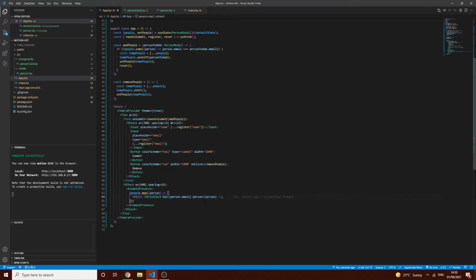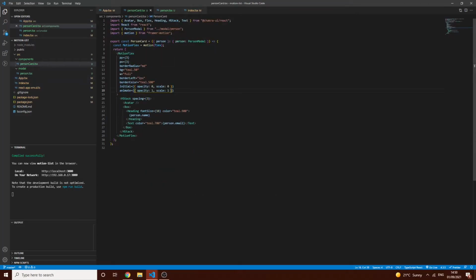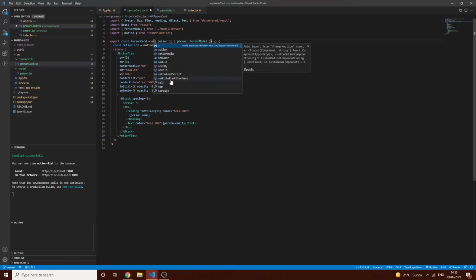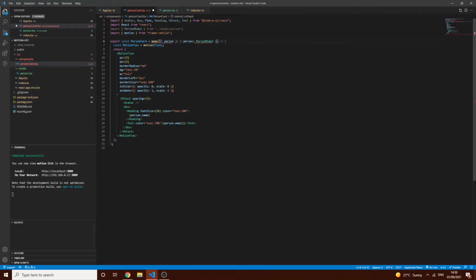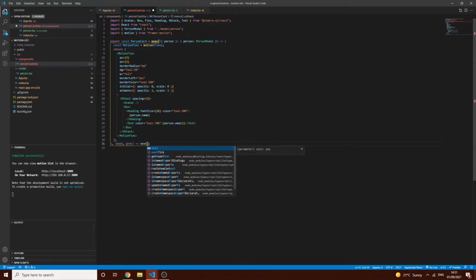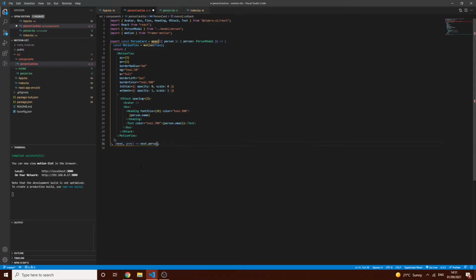Then the problem we have now is whenever our people state updates, all these cards are going to get re-rendered. So what we need to do to prevent that is go to person's card and wrap our component in the memo function. So what the memo function does is it takes our component as the first argument and a function as the second argument. The function has the parameters next and previous, and what we can do is compare our next person to our previous person,